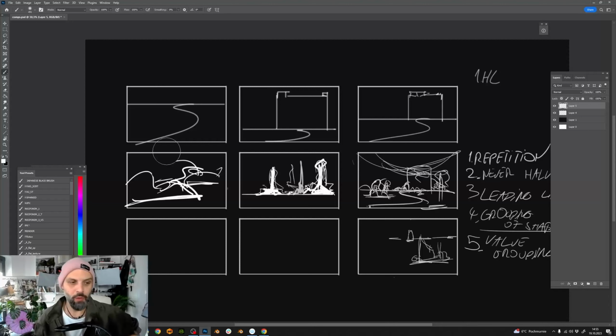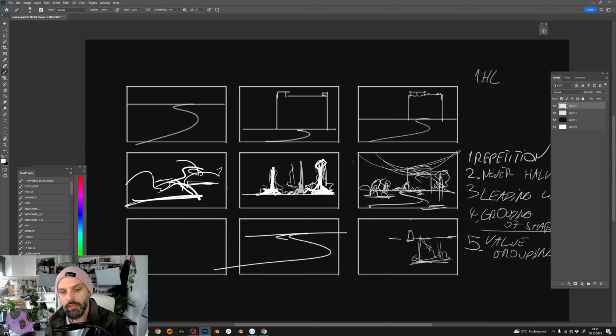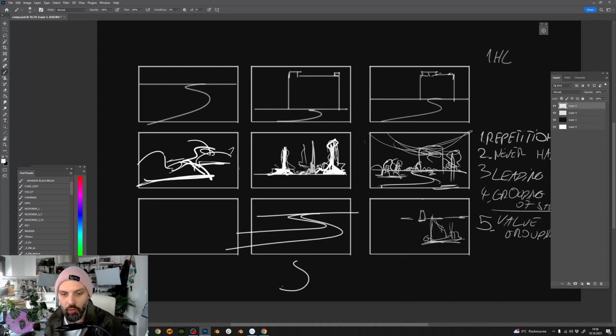The other thing I wanted to talk about when it comes to grouping of shapes and value grouping, and I talked about it briefly, is, and I can't stress enough how important it is, just like with the tree, when you bring an element into your image, it becomes your compositional tool. So for example, if I'm creating a river, and maybe there are some lilies or lily pads scattered along the river, I'm not placing them randomly and making it busy. I have this rhythmical shape, and then I want to create some other shapes within this shape. So if this is our river from top view,